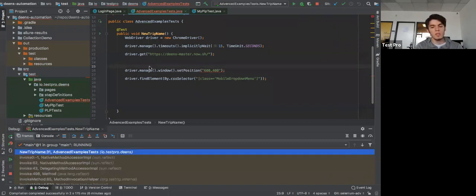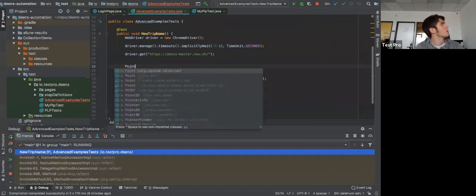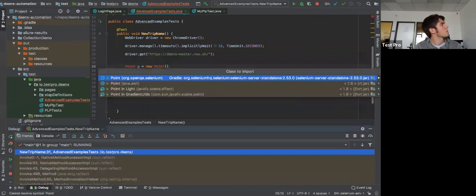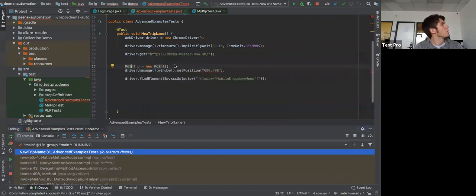So I need to initiate the point object first. Let's say Point p, equals new Point. I need to create it first and pass it here as 60 and